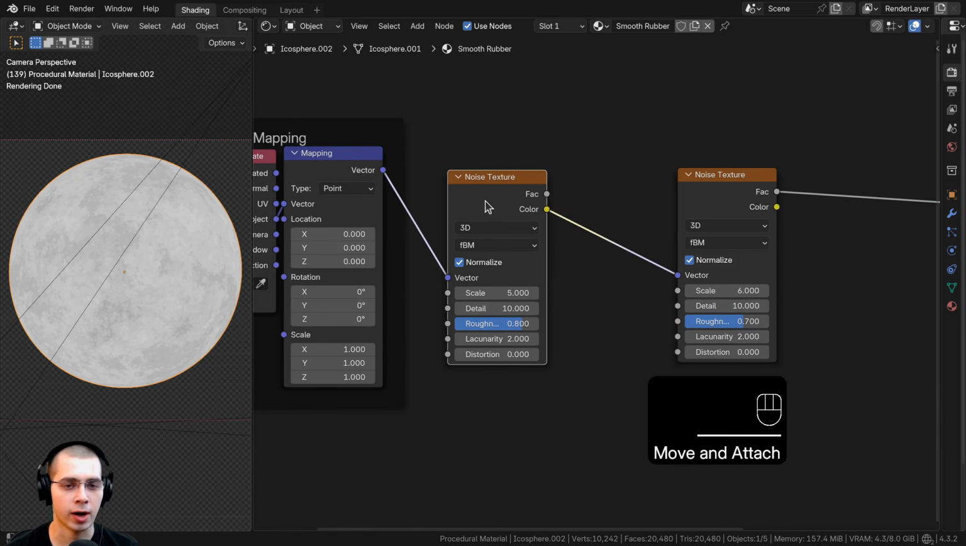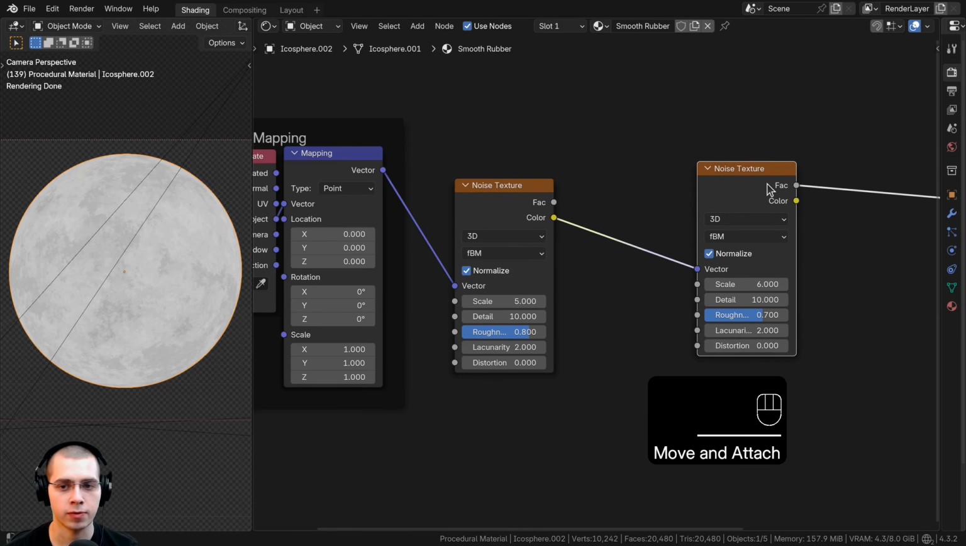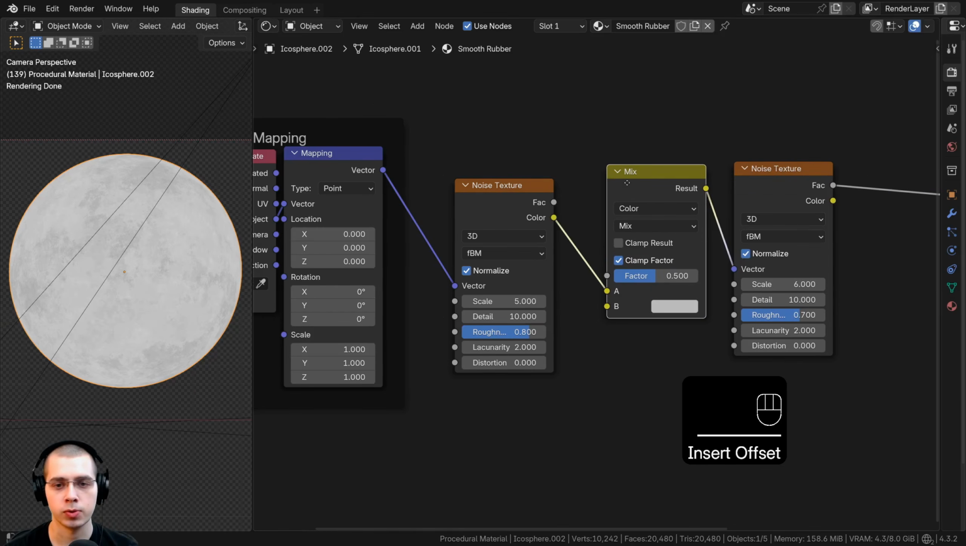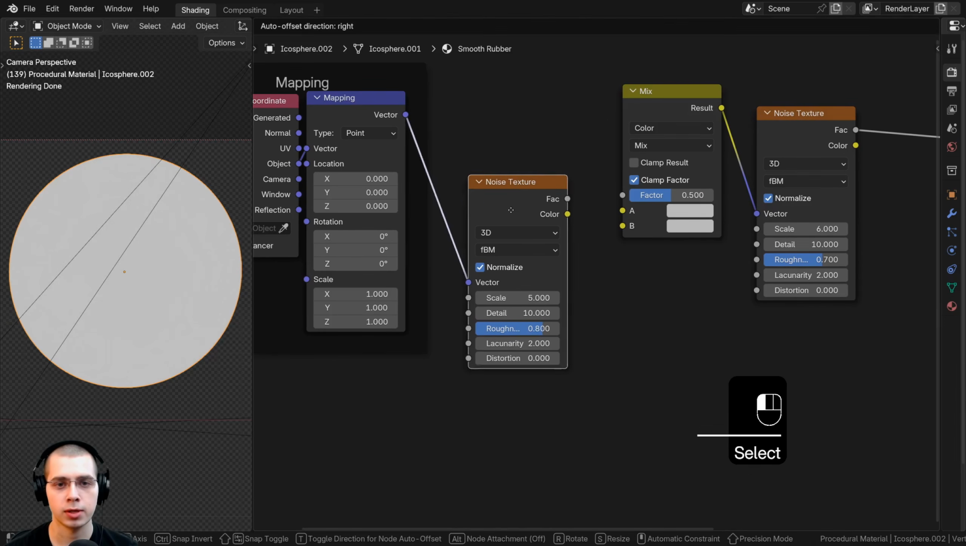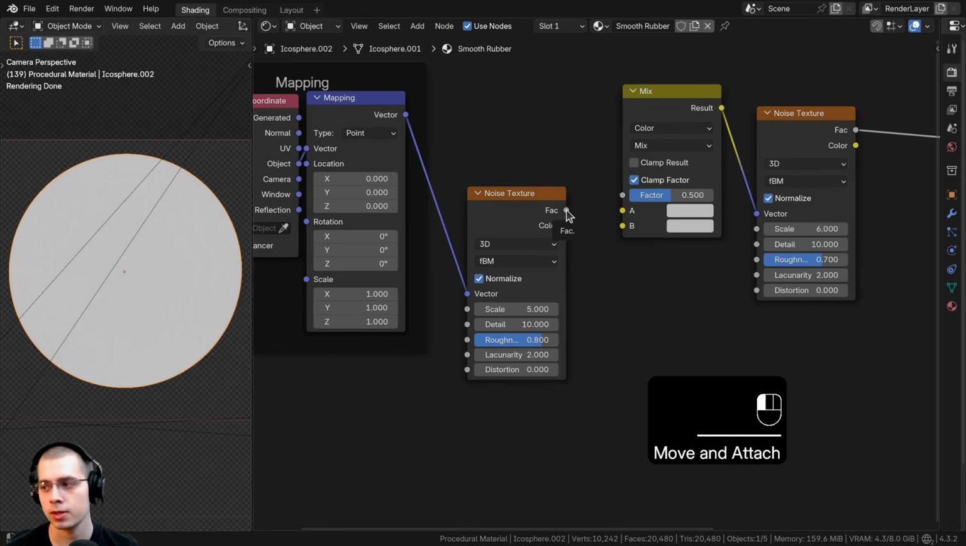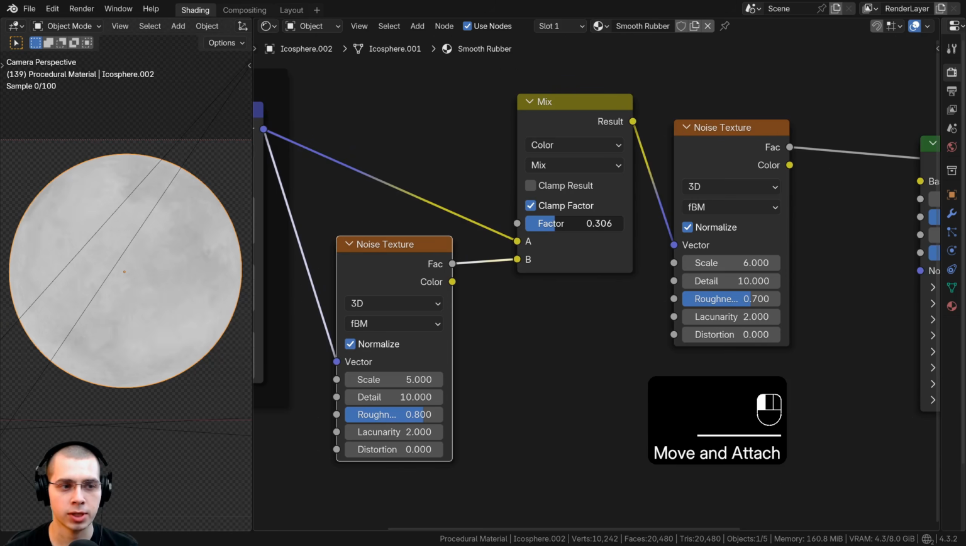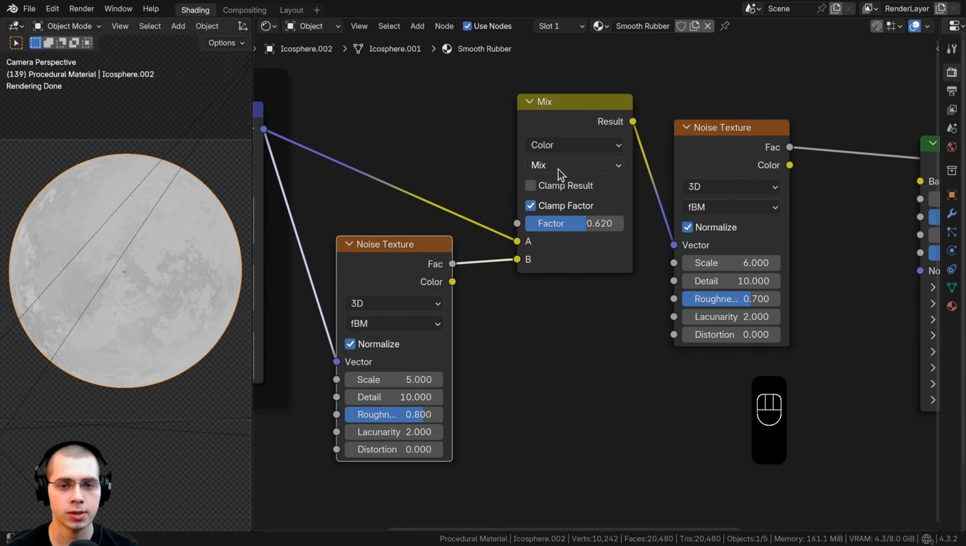Now I want to control how much of the noise texture is distorting the first noise, so I'm going to search for a mix color, and I'll put this between the two noise textures. And I'm going to unplug the noise texture, and we're going to take the factor and put that into color B, and then I'm going to take the mapping vector and put that into color A. Now I have this factor which I can control to control the distortion,